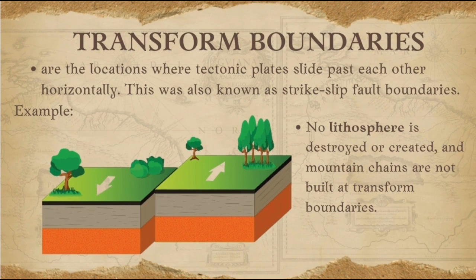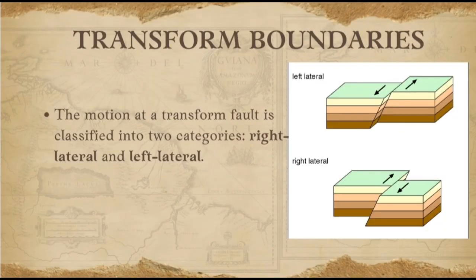They arise from the need to accommodate relative plate motion and adjust to the stresses and changes that occur at plate boundaries. The motion at a transform fault is classified into two categories, right lateral and left lateral. Right lateral transform boundaries are those where the two plates are moving in a dextral direction, meaning that the plate on the right side of the boundary is moving to the right relative to the plate on the left side. Meanwhile, the left lateral transform boundaries, also known as sinistral transform boundaries, are those where the two plates are moving in a sinistral direction, meaning that the plate on the left side of the boundary is moving to the left relative to the plate